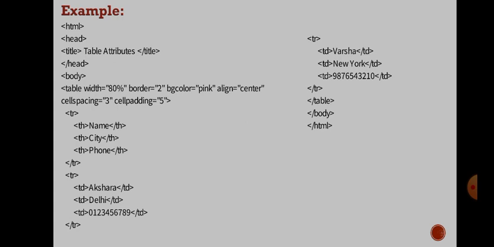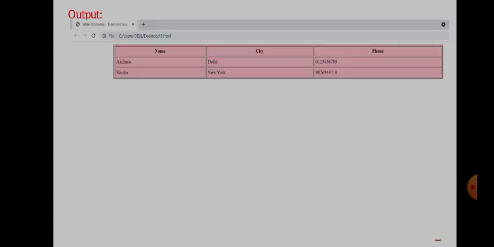First one, name, Akshara, city, Delhi and phone number. This is the first row of table data and the next data is Varsha, New York and phone number. And here I am closing the table tag and body tag and HTML tag. So this is the example of some attributes using in the table.